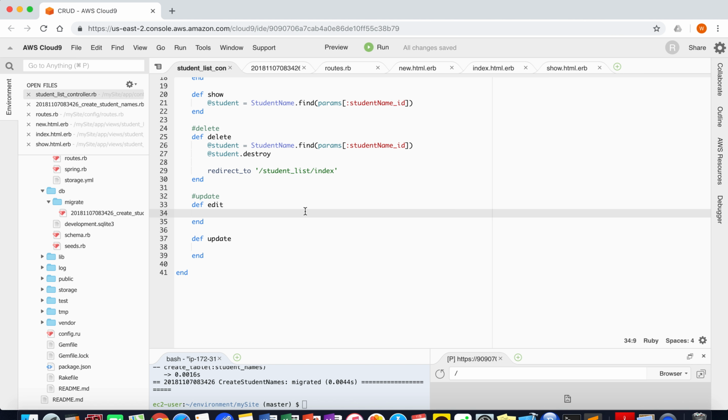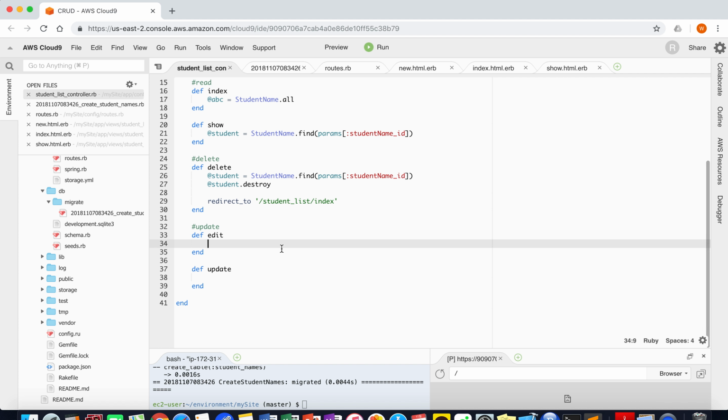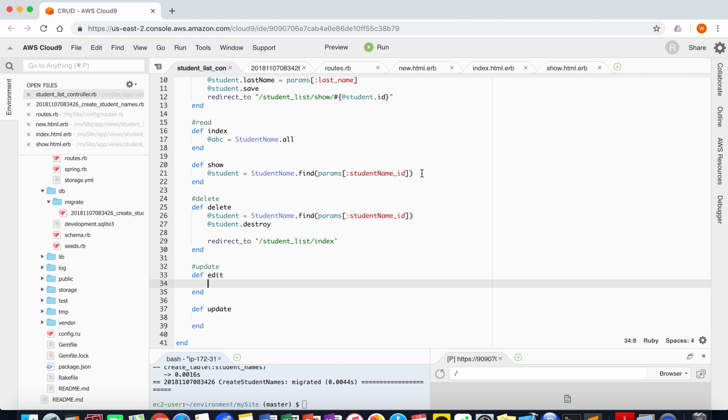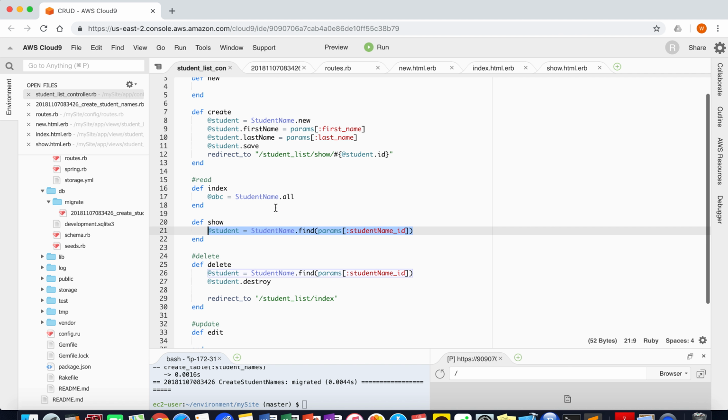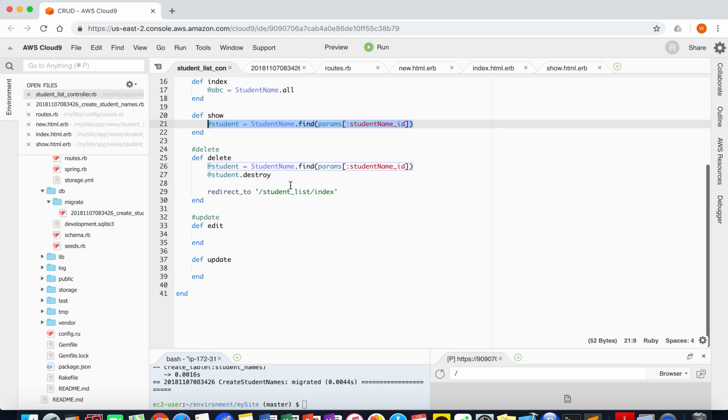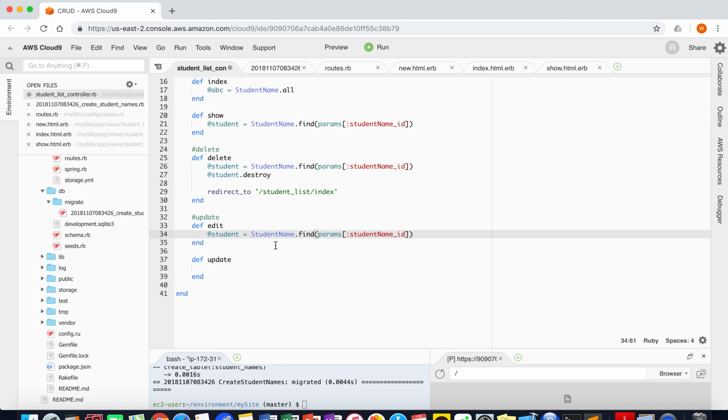So now we have to put more stuff in here. So our edit, as I explained, uses specific model and stores that to the variable. We're not using all. We're looking for the specific post. So let's copy this down here, and